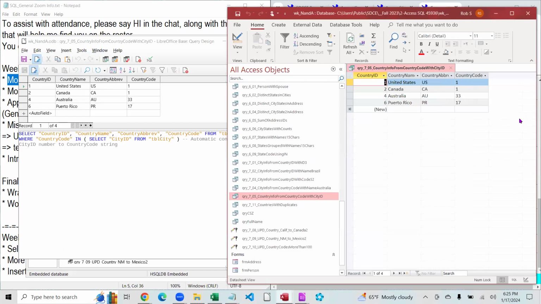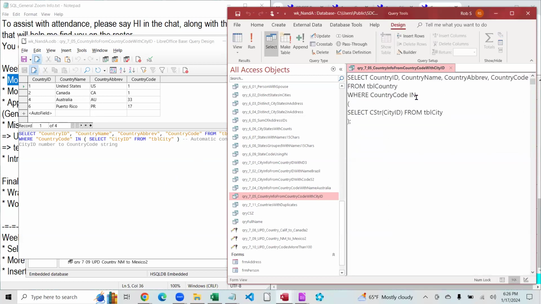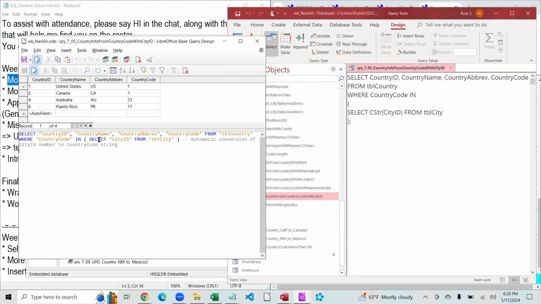So this was one where it was bringing back multiple records. All the others were bringing back just one record. And here you can see it's actually bringing back the same information because of the way we're apparently combining tables. Let's take a look. And so, oh, I guess the country table itself, all just one. So all the pieces are there. And so we look over here and we see country code from where in